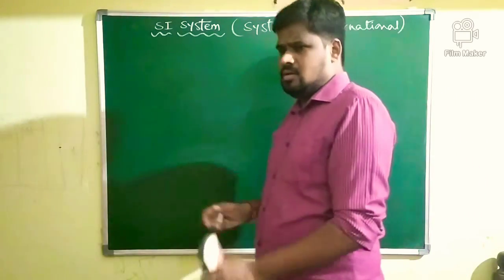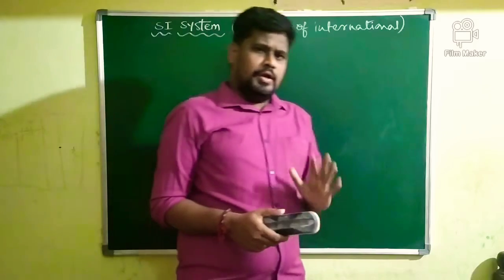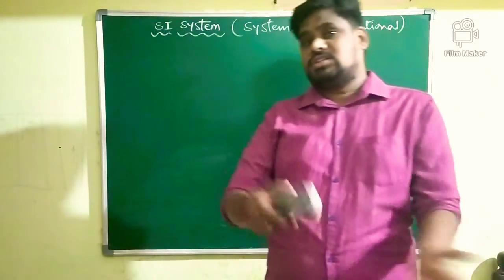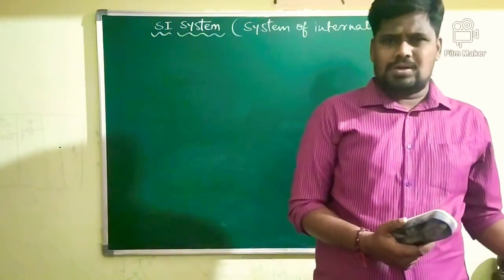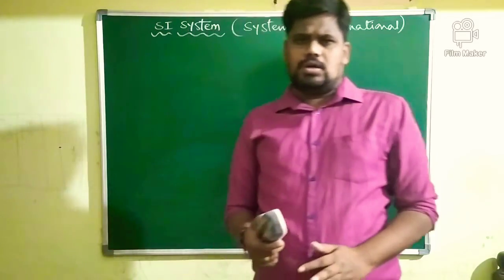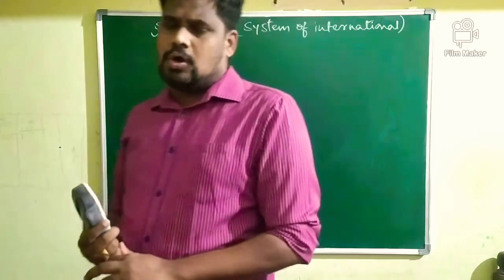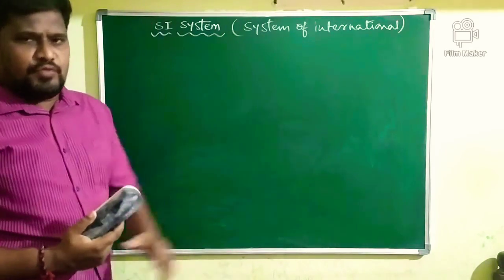In general, before 1960, different countries were following different systems of units. Some countries were following the CGS system, some the FPS system, and some the MKS system. To avoid this difficulty,